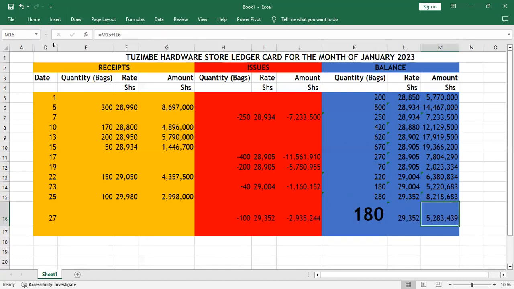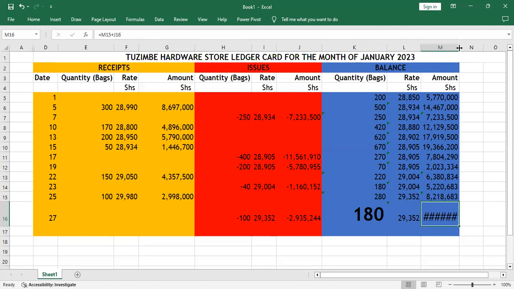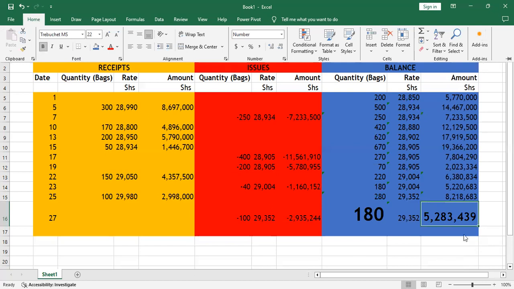Then in terms of monetary value, our inventory is 5,283,449. So according to the question, you are required to